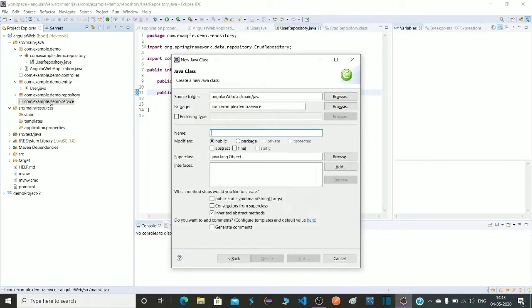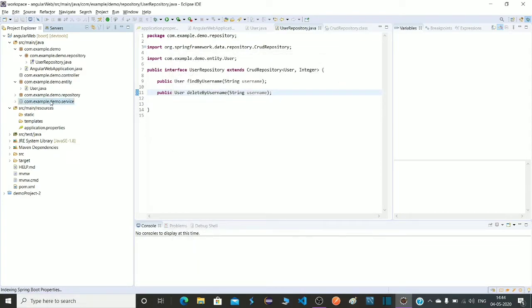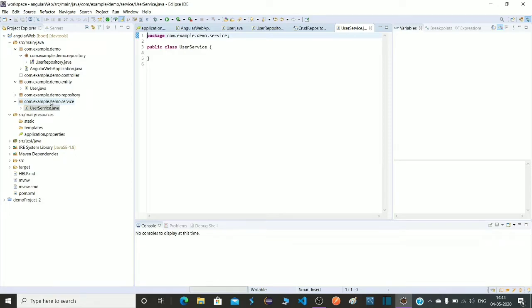Press enter. Name it UserService. Press enter. The first method I am creating is for saving the records, so it will return User, saveUser. Here we have to pass User also.